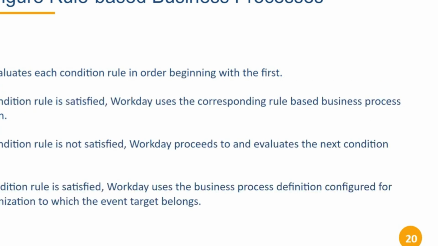When a process starts, Workday evaluates the rules in order. If a condition rule is satisfied, that process definition is used. If not, it continues checking the next rule. If no rule is satisfied, the default process definition for that organization is used. This provides very flexible configuration options for business